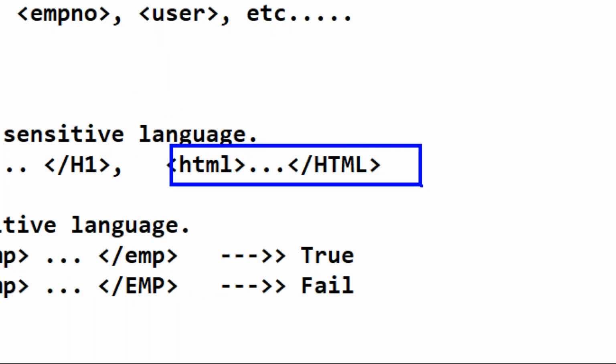Later I'll explain the HTML rules and regulations. So small letters here, capital letters here, no problem, because HTML is not case sensitive. Not case sensitive means small a is equal to capital A; both are the same.